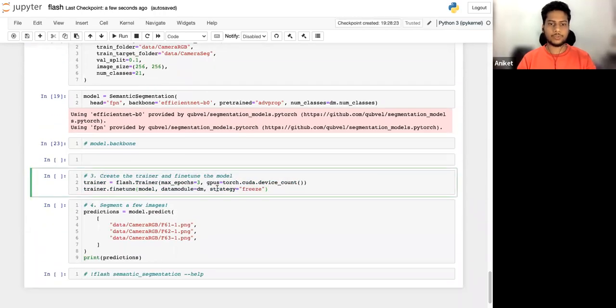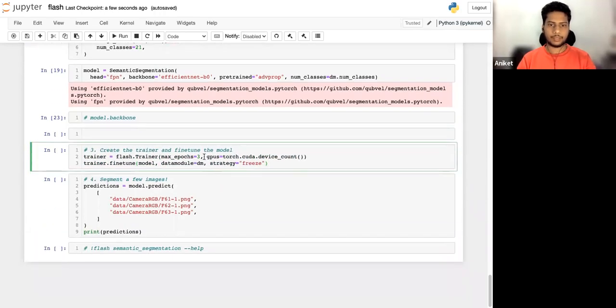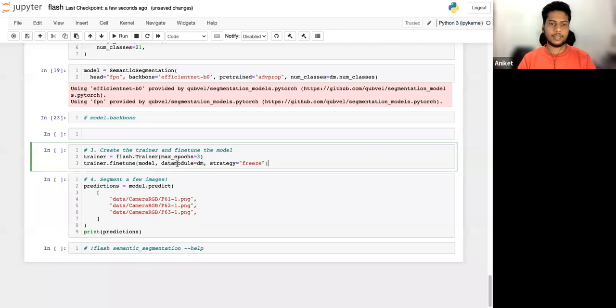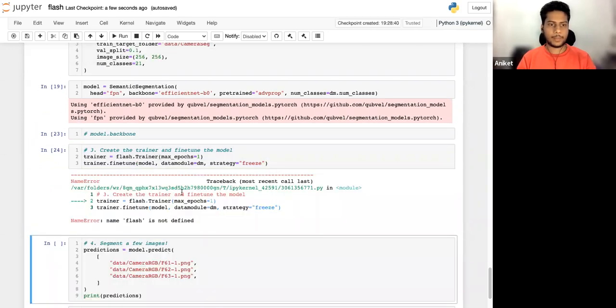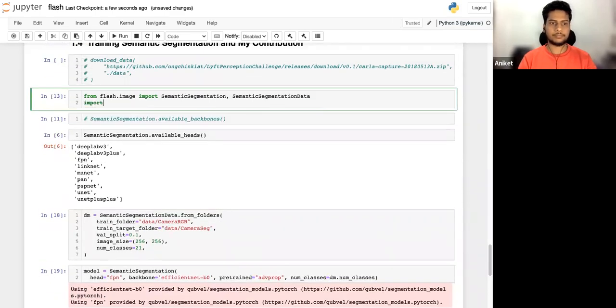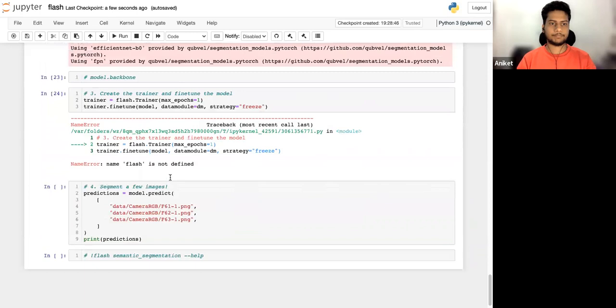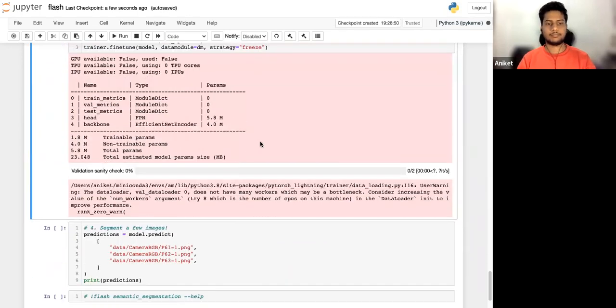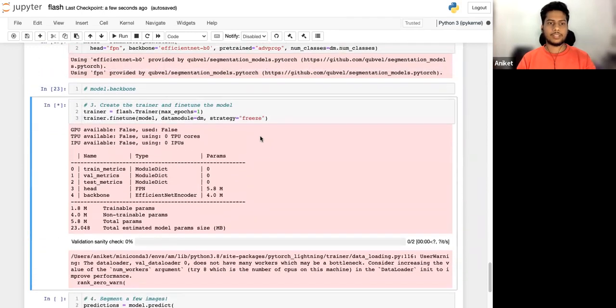Now, if I want to train this model, all I have to do is create the trainer, and provide the model and the data module. Let me set max epochs to 1 because I do not have a GPU right now. Import Flash. So that's it.